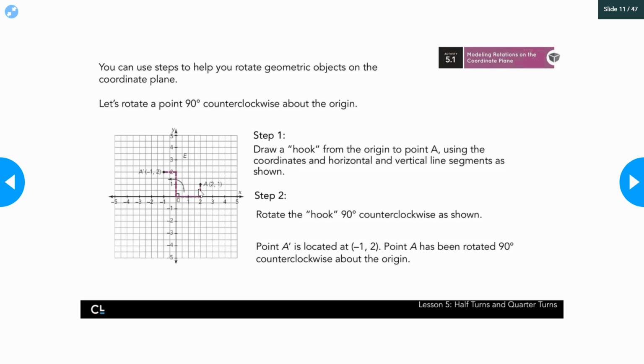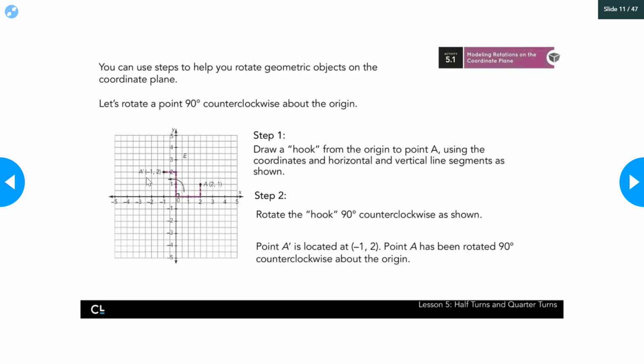Step 2, we're going to rotate this hook 90 degrees counterclockwise as shown. And we know it's 90 degrees because we are matching up that horizontal line here. And when we rotate that 90 degrees, it becomes a vertical line, just like how it would be on your y-axis. And now noticing that when we've taken that entire hook and the point along with us, the new point